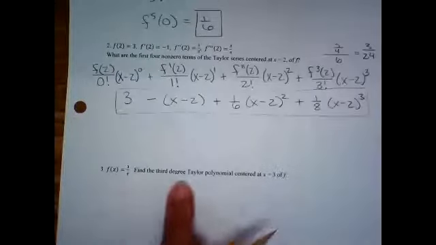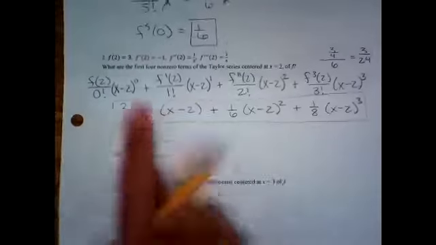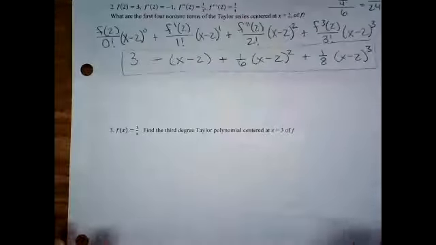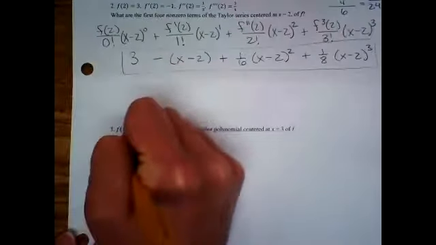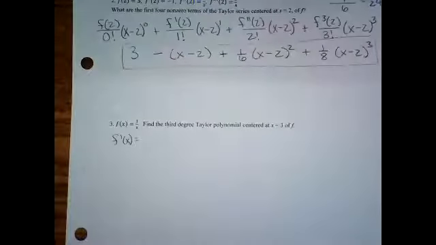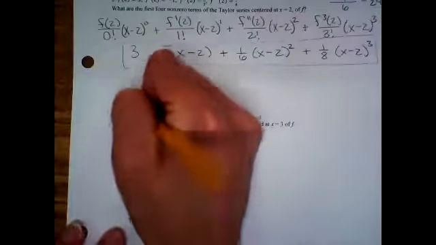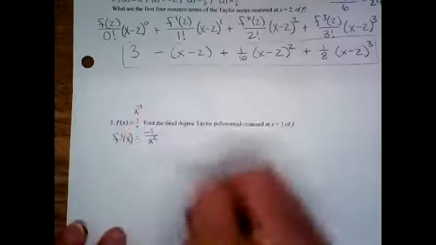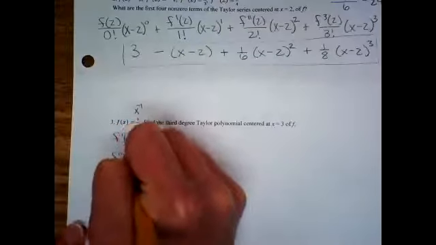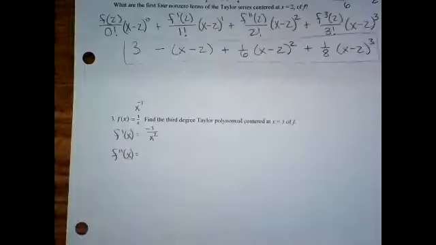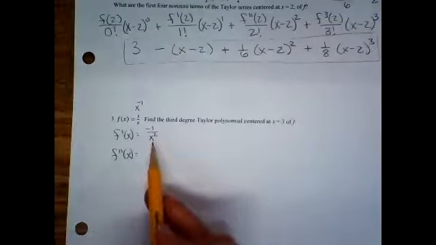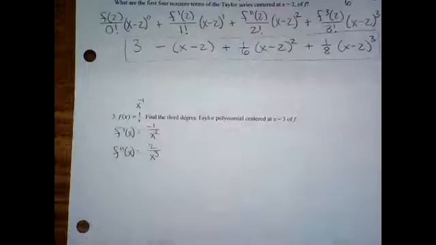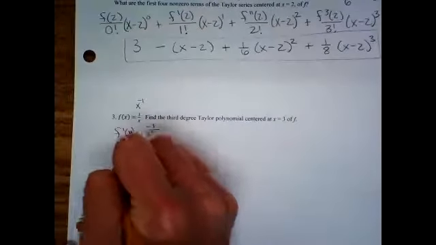All right, find the third degree Taylor polynomial. Unfortunately, you're not handed these numbers, so we're going to have to find the derivatives. Okay, so what is our first derivative? Let's just go ahead and do that. Good. This is x to the -1. So if you bring that negative down, it'll be -1 over x squared. Second derivative will be, now if you think of this as -1 x to the -2, the negatives will cancel. 2 over x cubed. And then third derivative,